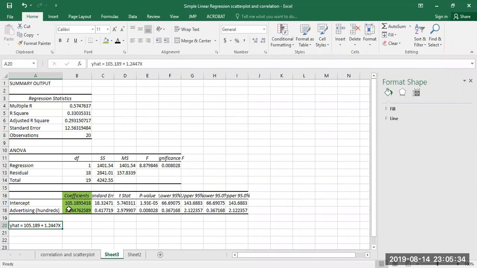So the equation won't change, but when we get to multiple regression, we won't be able to get it from the scatter plot, and therefore we'll need to make and interpret the output. So looking at our regression output, underneath of the word coefficients, we get our equation. And the most important piece of information, while the equation is great, and it's usually a very useful piece of information in that it will help you make predictions,